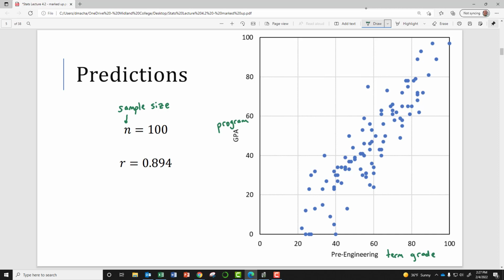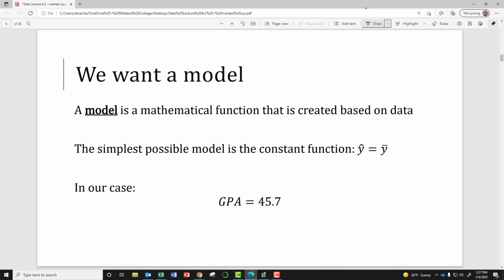And it turns out, if you go through calculating what this is, this lowercase r, which is the linear correlation coefficient, then we find that r is 0.894, which means that there's actually a very strong correlation, a strong linear positive correlation between these two variables, like we might expect. And not only do we want to see that there's a correlation, but we also want to